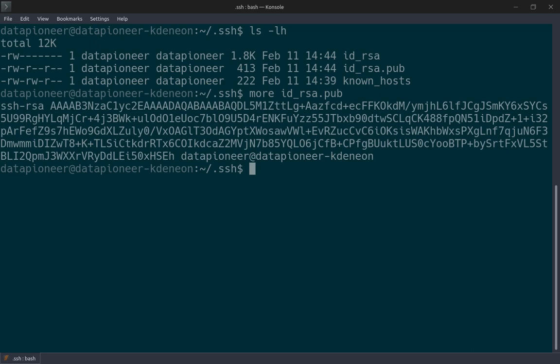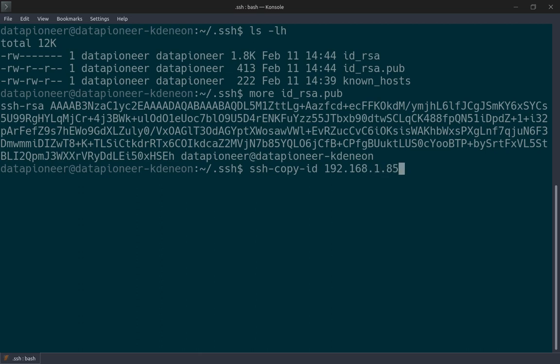Okay, so what we need to do is copy only the public key up to the remote server. We don't want to copy the private key. We could do this manually, create that file on the remote server and load the contents into it, but there's a better way of doing it. There's a command you can use called ssh-copy-id, and the IP address where you want to copy it,